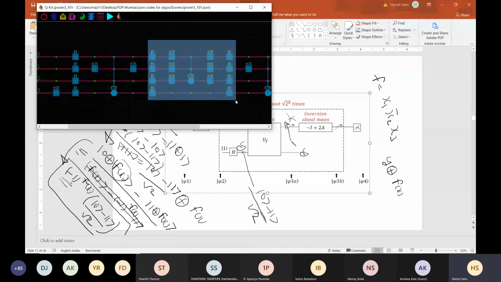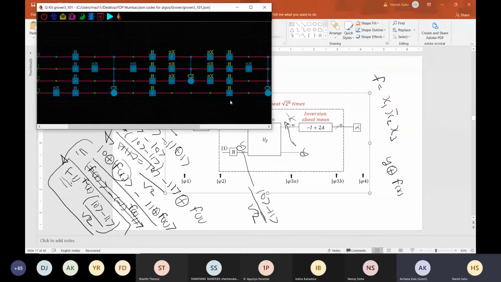This part of the circuit is basically the inversion about mean operator. It is difficult to prove that it will do this, but geometrically or with an example we will see it does the same thing. For the time being, understand that it does the inversion about mean operator using this gate combination. It will do the thing which we want.